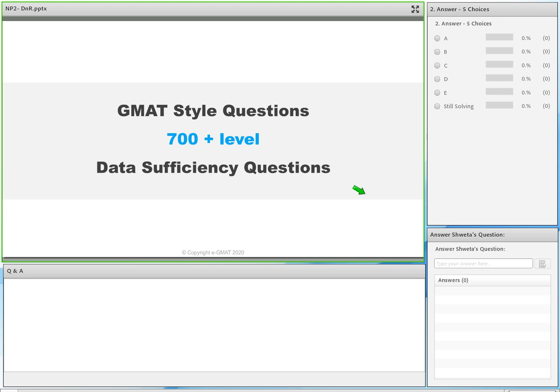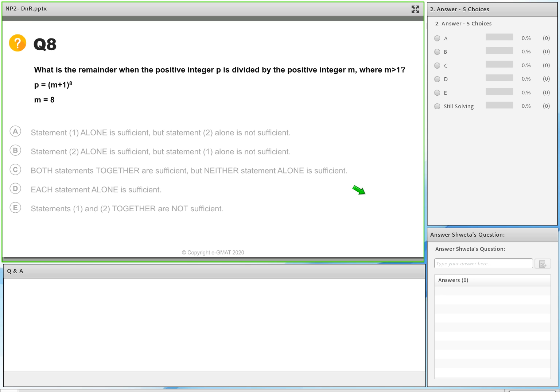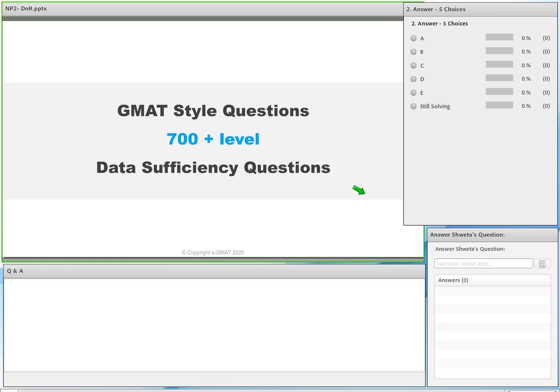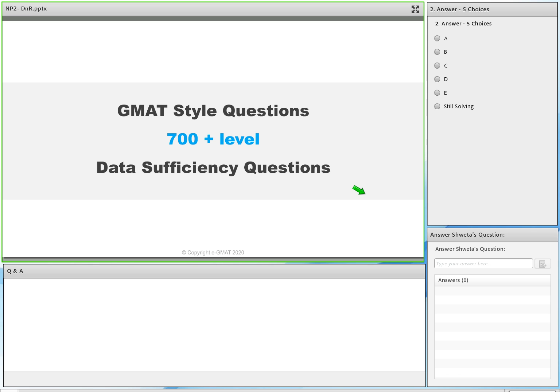So here we go. GMAT style questions, 700 plus level, which I said is where we're going to start. Get your pen and papers ready. Here is question number one, but one thing before that, some house rules. In the poll that you have, you need to mark still solving to show me that you're ready for this. When you mark you're ready for the question, only then do I show that to you. And the moment 80% of these ready people mark their answers, I will start discussing the solutions. Well, you know, the first three we're not going to discuss, but this is how you people will direct the